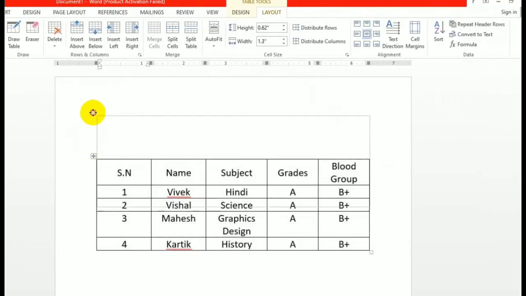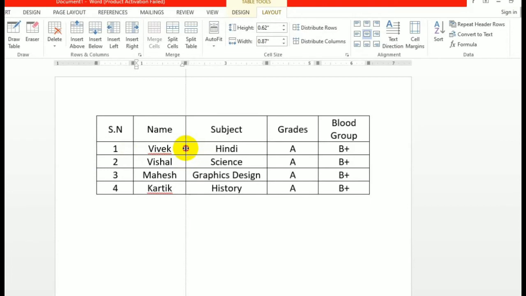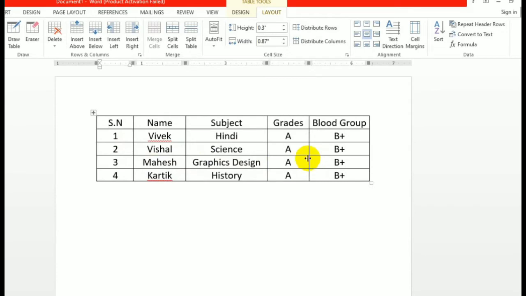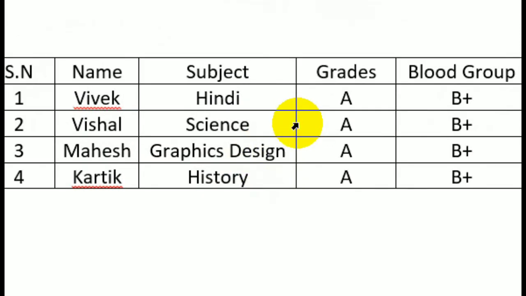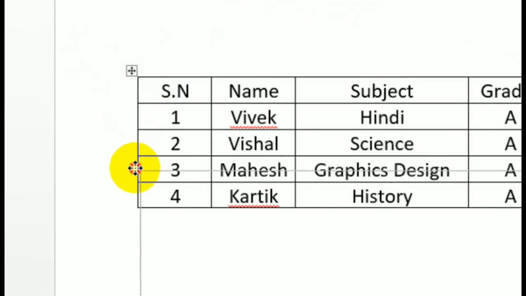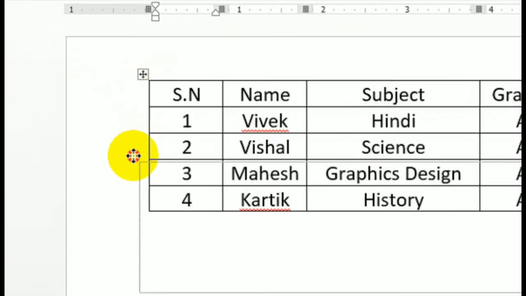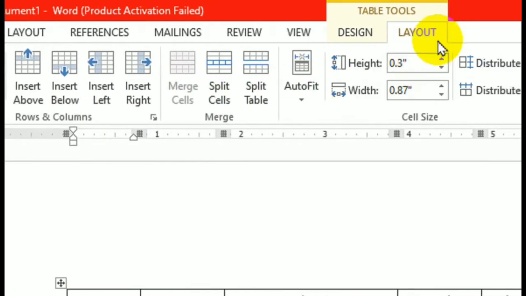Now let's see how you can resize and move the table. On the left side, there is a small square option, and with it you can move the table. Now I will move the table again. I am arranging the column widths: by dragging the line you can reduce the width of columns, see, in this way. Again, that is the option to move the table from one position to another. So this is the way to move and resize your table.